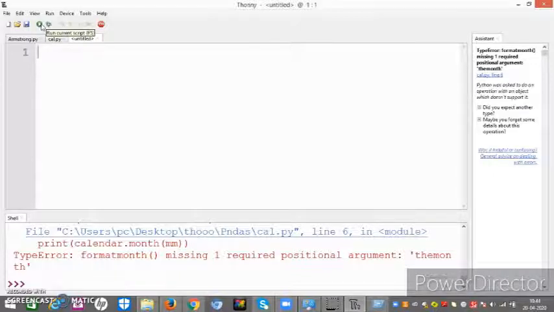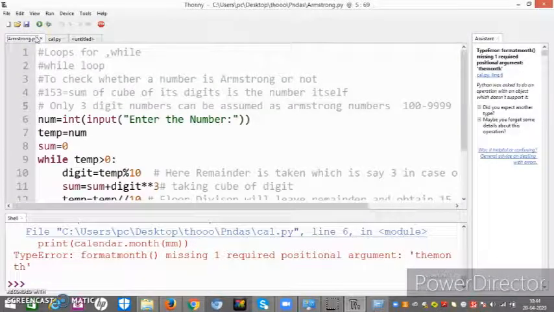Now friends, there is a small program to calculate simple interest. So let me again, shall we discuss Armstrong once again? Now in Armstrong, I have taken the sum of the cube of digits is equal to the number itself. Num is equal to int, input, enter the number.